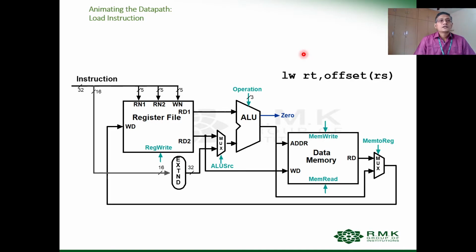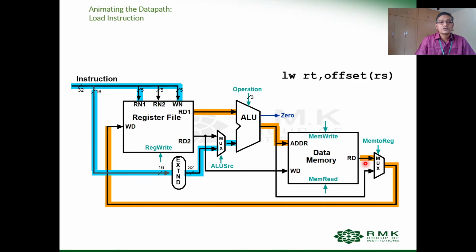If you see with respect to the instruction fetch, we are fetching the instruction and the 16-bit offset is converted into 32-bit using the sign extension unit. RS and RT are fed into the register file and one input of the ALU, where the base address available in a particular register is added with the offset. Then it is located in the data memory. From the data memory we read the exact value and store it into the register. So this is the operation with respect to the load word